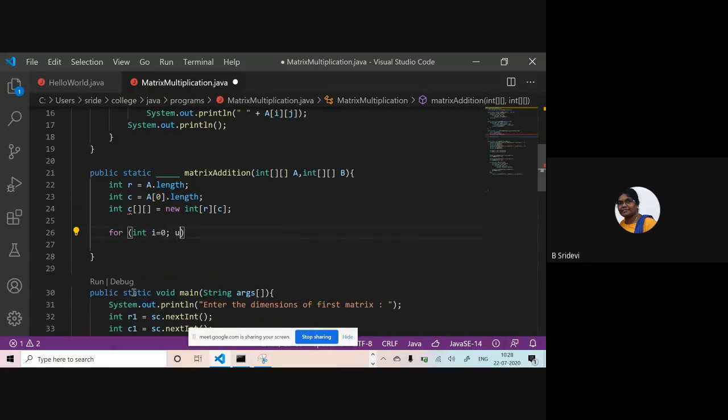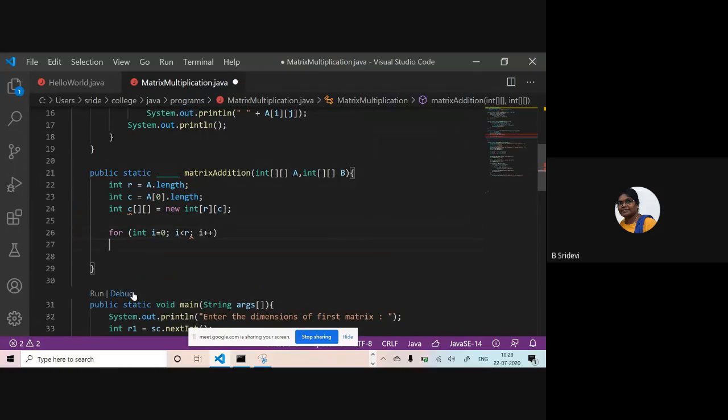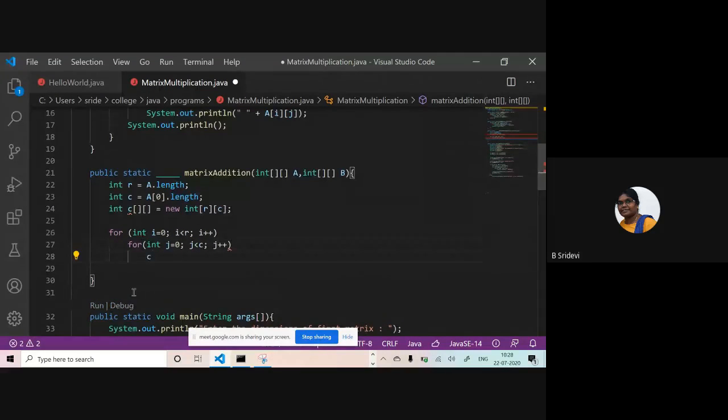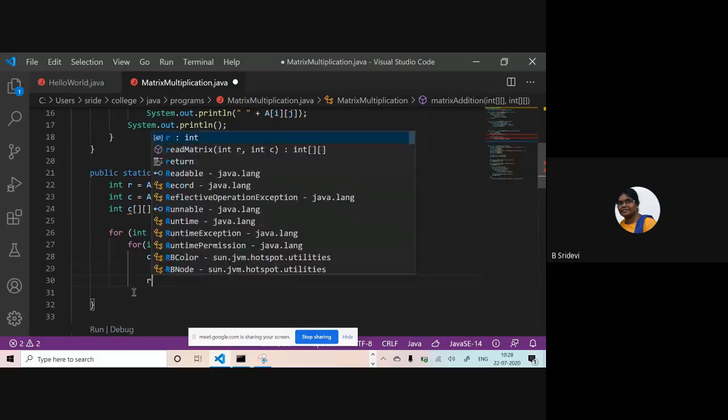Now you'll create the answer matrix. Int i is equal to 0, i less than R, i plus plus. So it is below, I could copy paste, but still I'm writing. If it is this much work for me, how much more must you struggle to solve it. C of ij is equal to A of ij plus B of ij. So after completion of these 2 for loops, I have my answer ready in C that I have to send back.